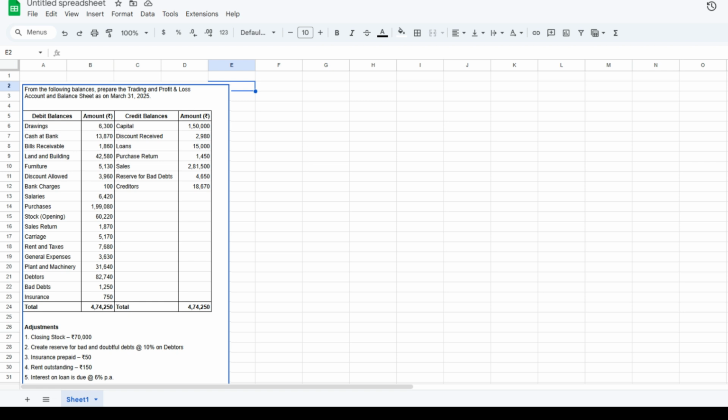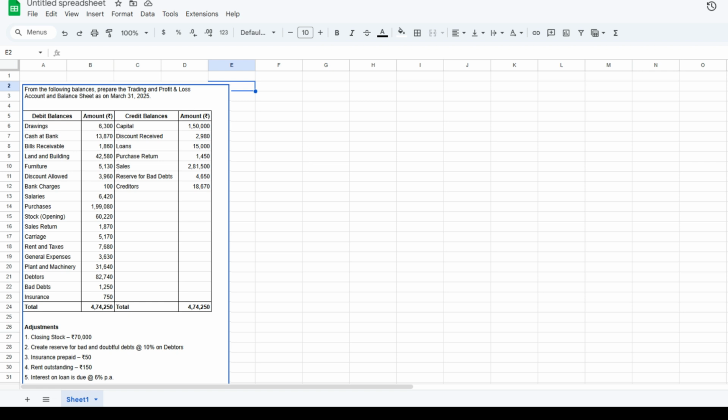Debit balances: Drawings 6,300, cash at bank 13,870, bills receivable 1,860, land and building 42,580, furniture 5,130, discount allowed 3,960, bank charges 100, salaries 6,420, purchases 1,99,080, opening stock 60,220, sales return 1,870, carriage 5,170, rent and rates 7,680, general expenses 3,630, plant and machinery 31,640, debtors 82,740, bad debts 1,250, insurance 750, and credit balances: capital 1,50,000, discount received